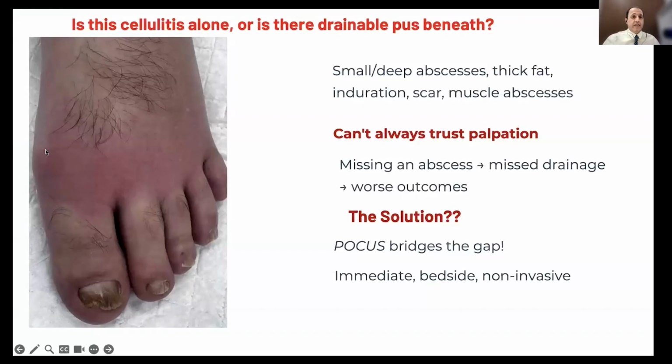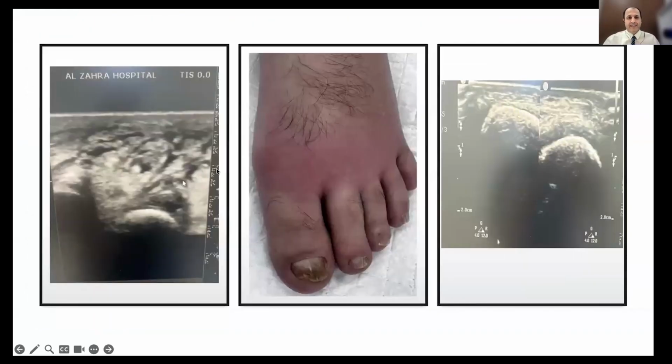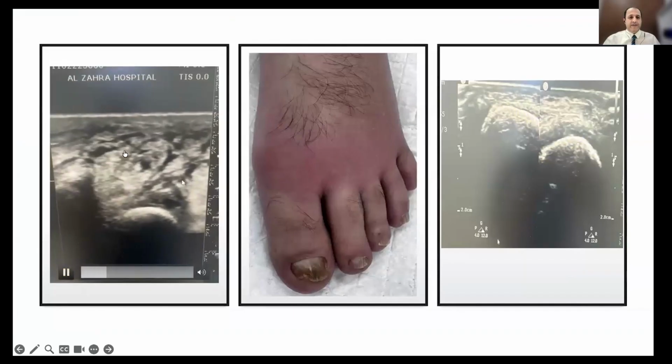This picture that you see is one of my patients I saw a few days ago in the emergency room. He came with just a little redness, warmth, and a little discomfort, but not true pain. The patient was on tramadol and antibiotics for another reason. So it looked like cellulitis to me. By default, I went to perform the POCUS for this case, and I found something very unexpected. This is the clip of that ultrasound.